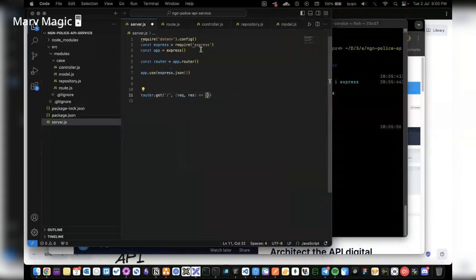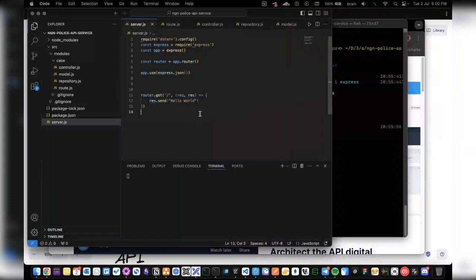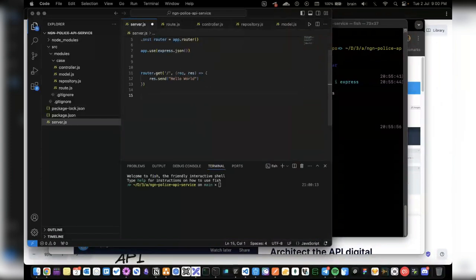Yeah, I think that's correct. So response.send hello world. All right, I'm going to run this. If I have an error, by the way, I am yet to even configure the application itself. So I need to put in the code that would run this.